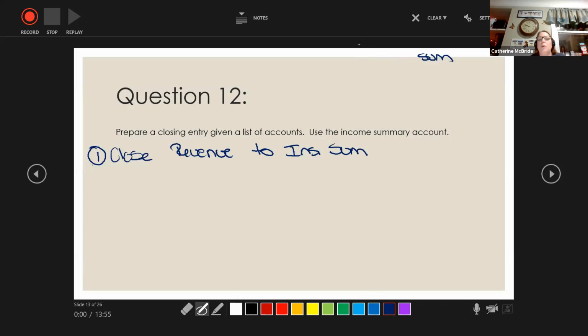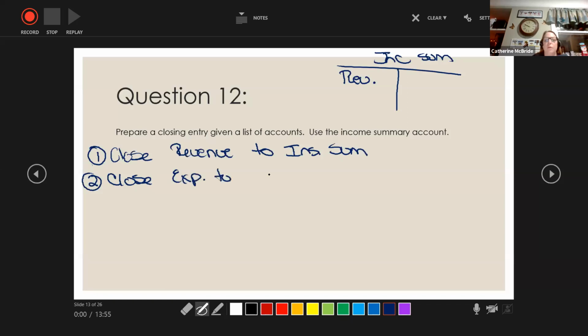The reason you use income summary is because if I close revenue here, and then I close my expenses to my income summary account,